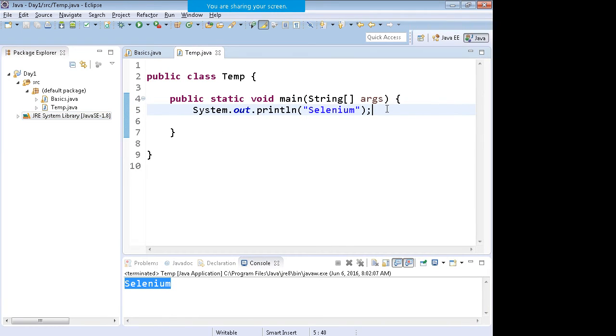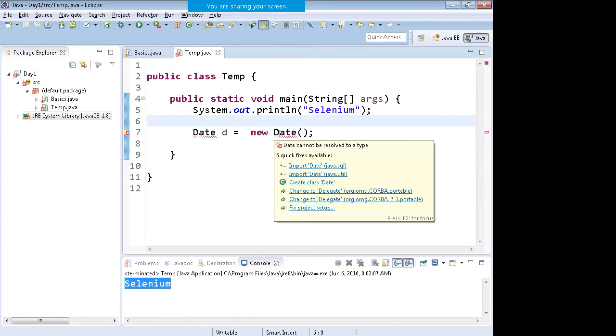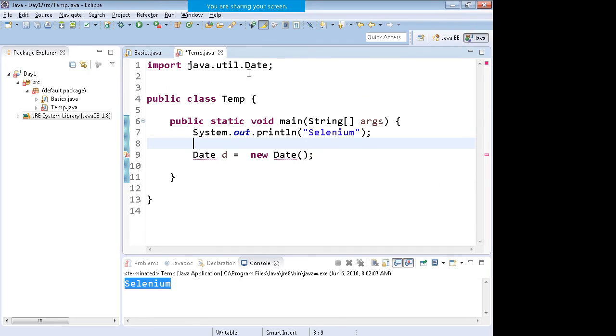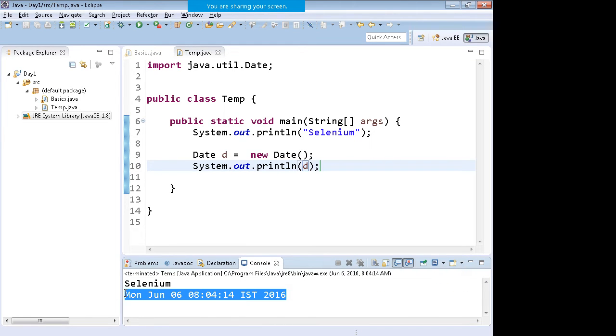What I mean by that is, if I write over here, for example, Date d = new Date. Now what do you mean by Date d = new Date? I will talk about that later on. Just take this as it is right now, and import the Date class from one of the jar files. So if I write System.out.println(d) and run the program, I get the current date and time, everything. From my side, it's not an effort; I never wrote a program which could calculate the date and time and give it to you.